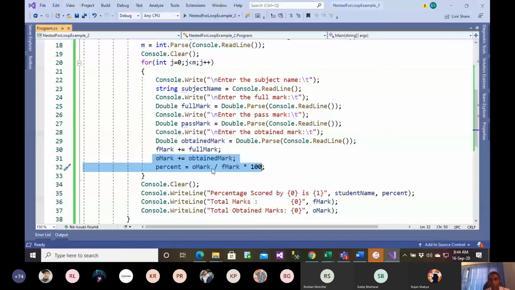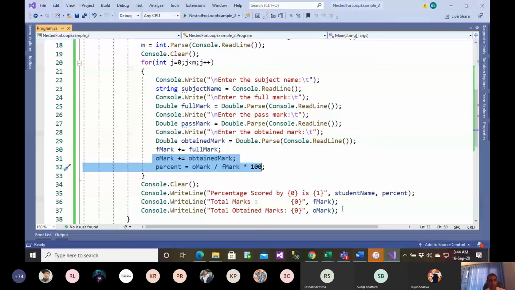So for one student, if the full mark is 100, for the other student the full mark will be 200, and 300, and 400, and 500. So this will go on increasing. Similarly, the obtained mark will go on increasing, but their values are never reset for a single candidate. So here what I need to do is reset the value so that this won't get repeated again.